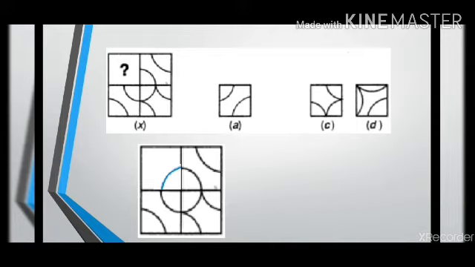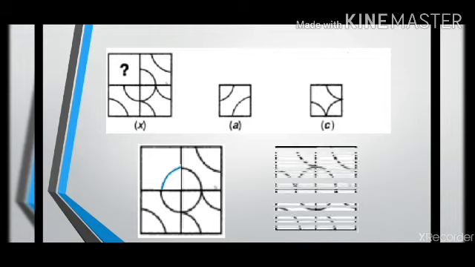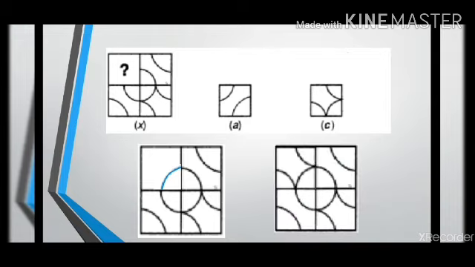Now next what I have to do is, I'll follow the pattern of the opposite box. Here these two diagonally opposite boxes are similar, they are following a same pattern. Similarly these two boxes will follow a same pattern and will be similar. Therefore you can see in option C there are two arcs which will help you complete the pattern in such a way that symmetry can be seen. These two arcs and these two arcs are similar, a similar pattern can be seen. Here you will have to use a little bit of your imagination.